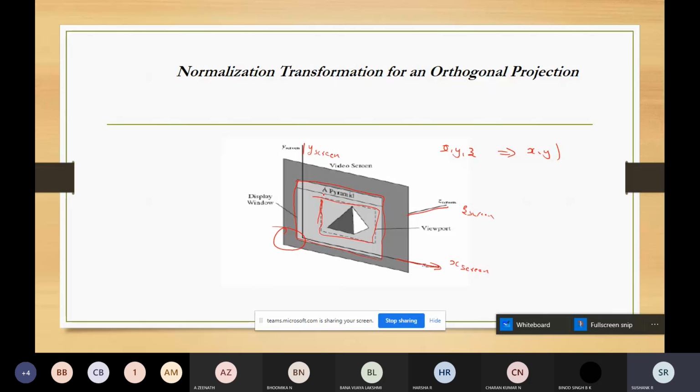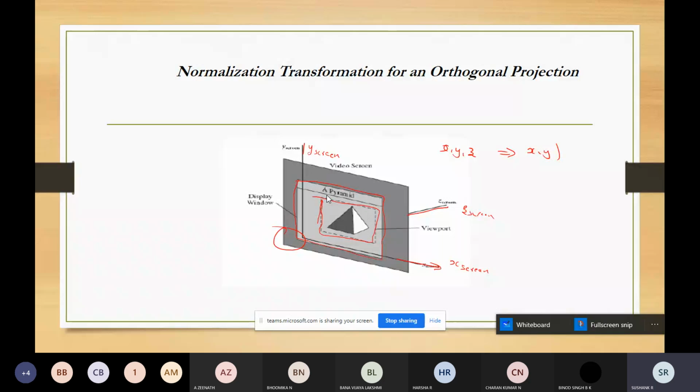We are following the left-hand reference frame because this allows the positive distance in the viewing direction to be directly interpreted as the distance from the screen. Using this method, you can convert the coordinates into positions, and these coordinate positions will be further transformed into the screen coordinates by using the viewport transformations.